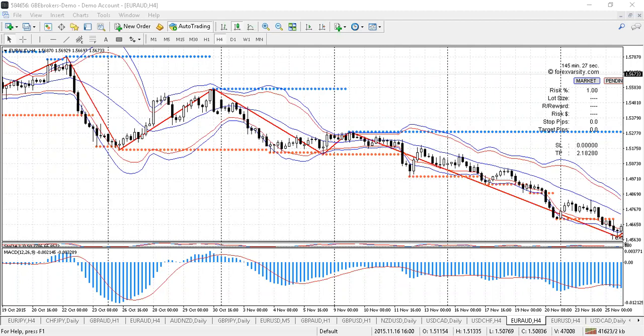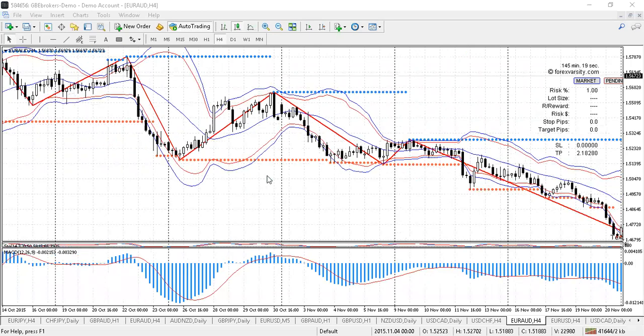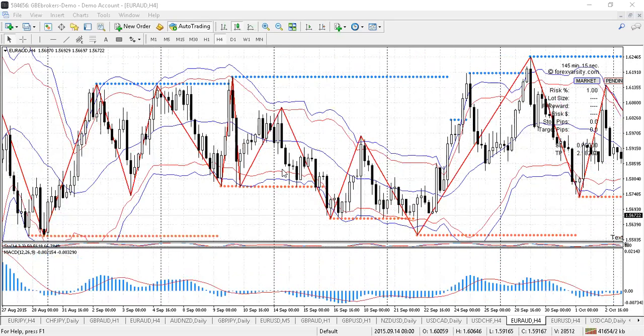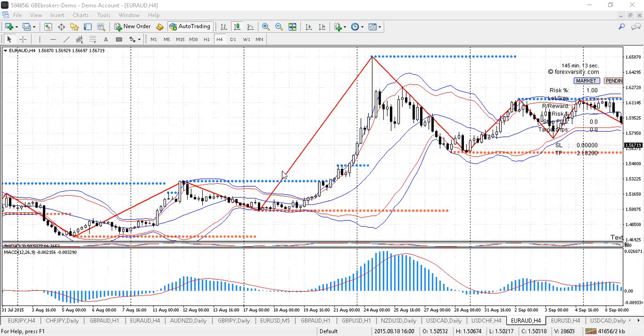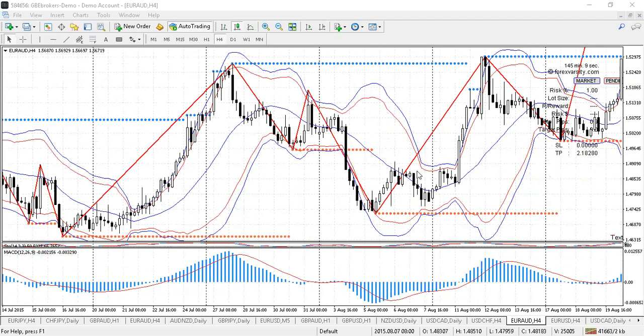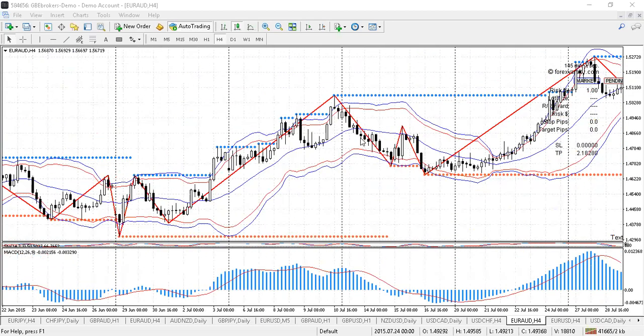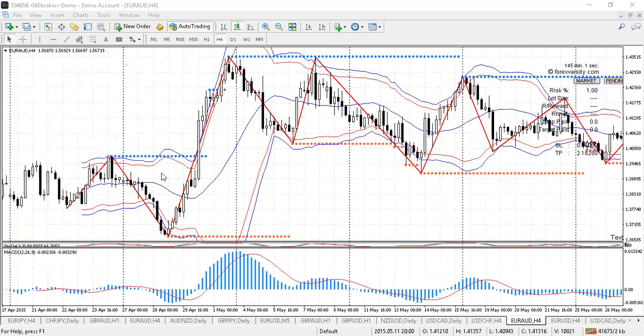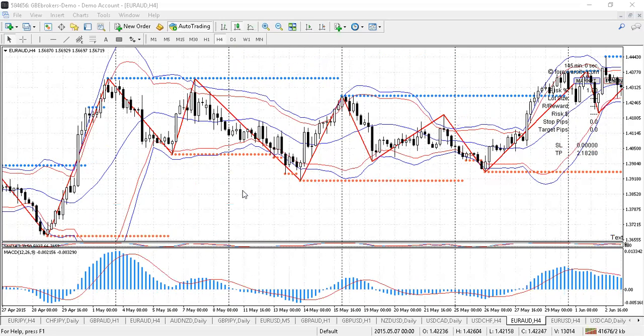I just want to do a little tutorial on divergence. It's something which, when you first start trading, is quite difficult to spot, but it's also very worthwhile learning and taking time to actually go through some past examples and just see how the divergence works out. I'll try and see if I can find a couple of examples here for you on the screen. But basically what we're looking at,